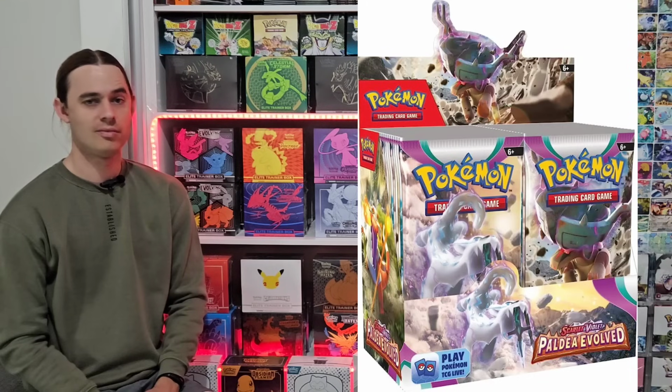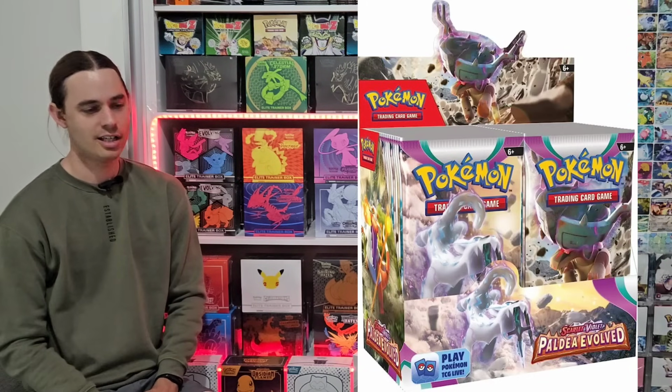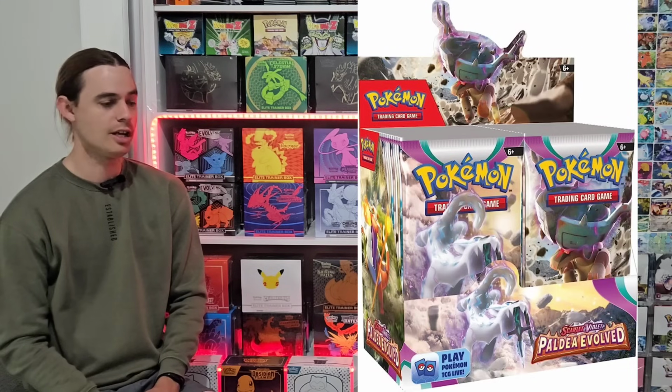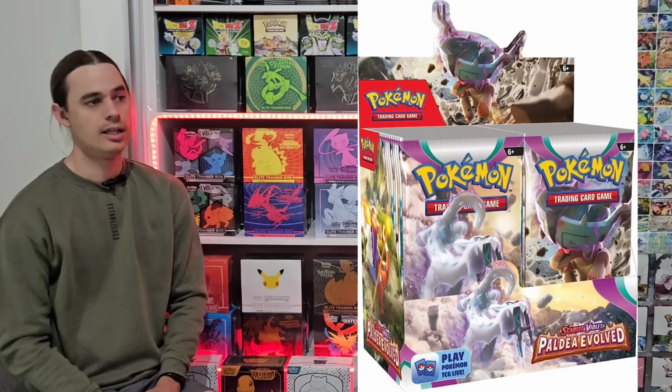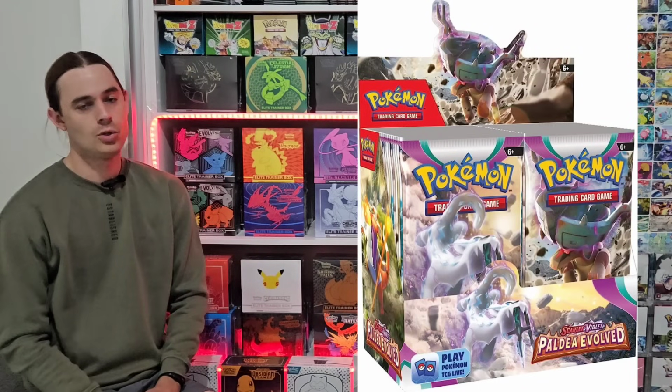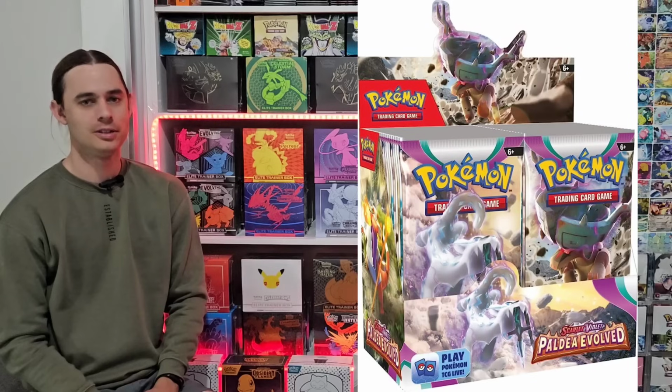It's got depth. Yes, I've said it before a couple of times. It's maybe missing a couple of heavy-hitting chase cards. That Iono is cool, and of course that Magikarp is absolutely beautiful. It's got those Giratina vibes about it from Lost Origin. But what a set! Great pickup. Booster boxes of Paldea Evolved. Cool. Number 8. The only way to pick up the Mew and Mewtwo from 151, and that is through the